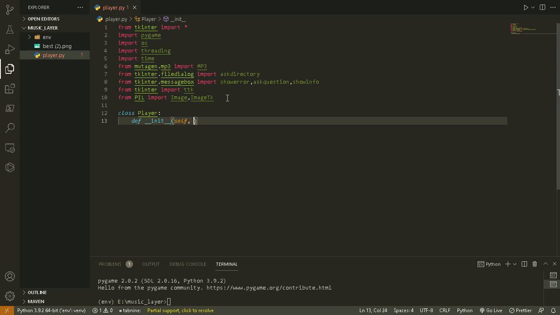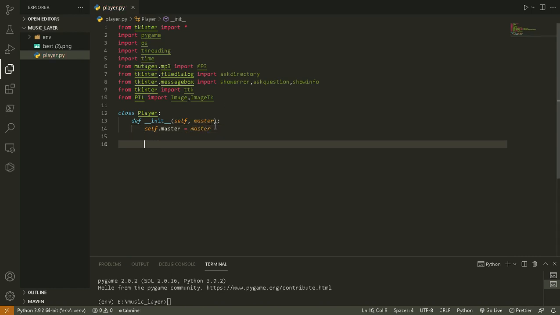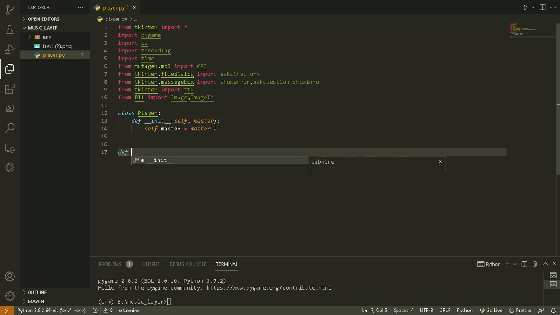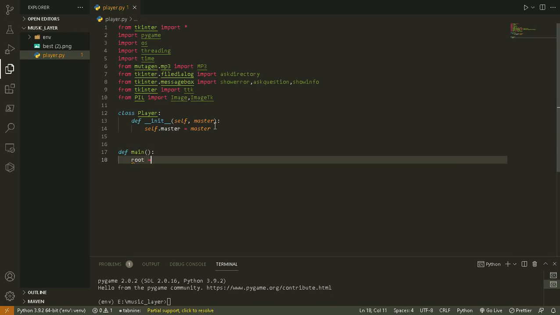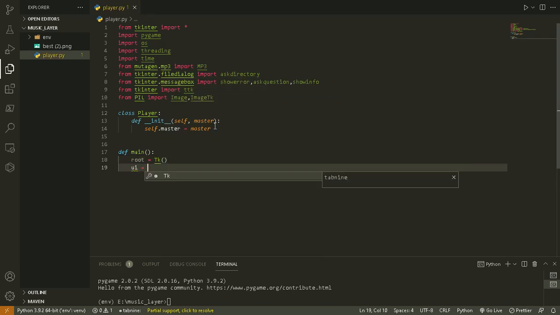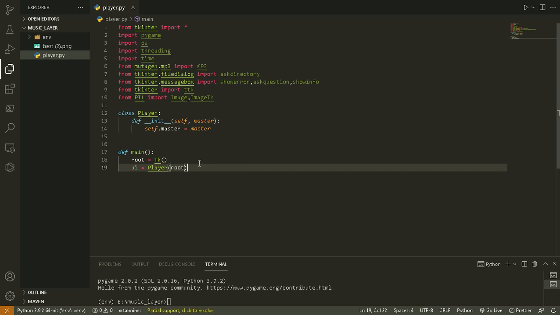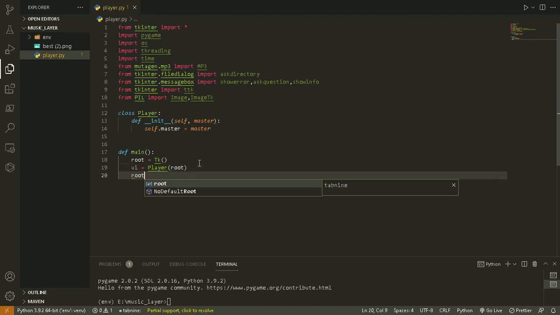So self, and then we'll set it to master. We'll do self.master equals master, just like that. Then we'll create a function right here to start our Tkinter main loop. So we'll do root equals tk.Tk, and then we'll pass our player right here. We'll close, and then we'll pass root into the player class, and then we'll do root.mainloop,